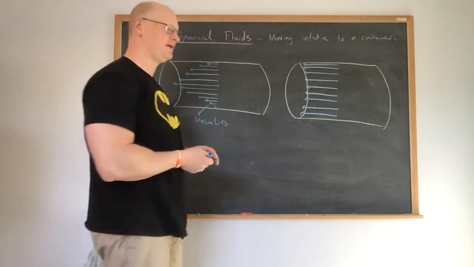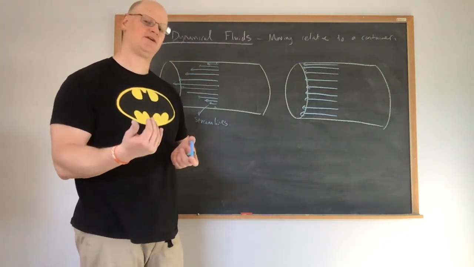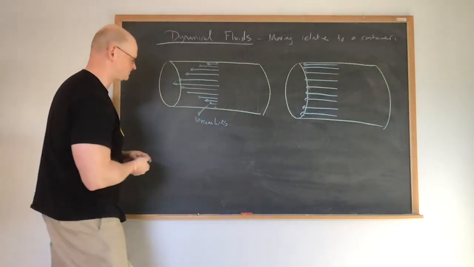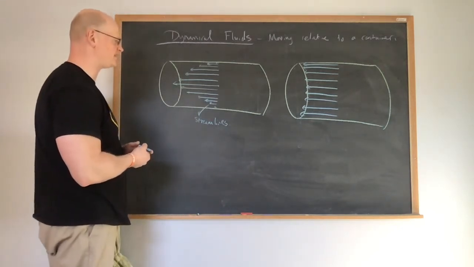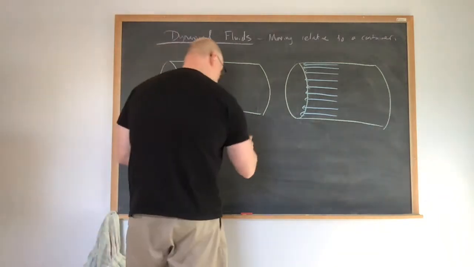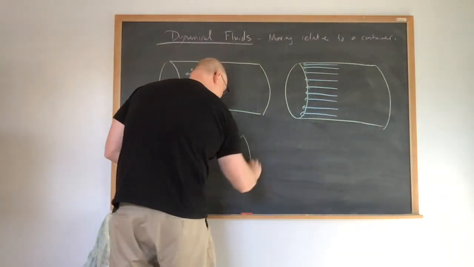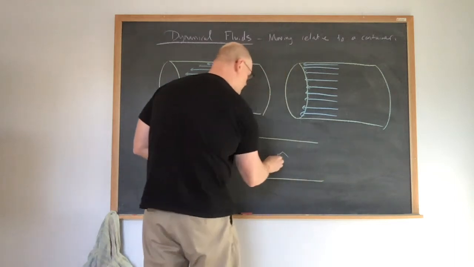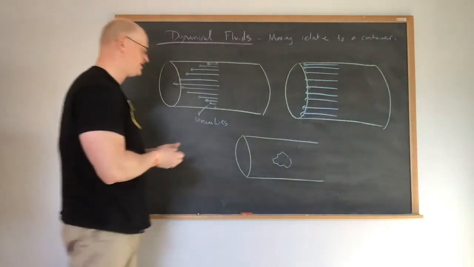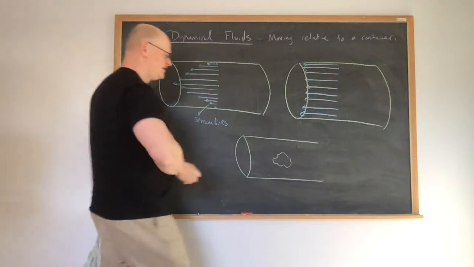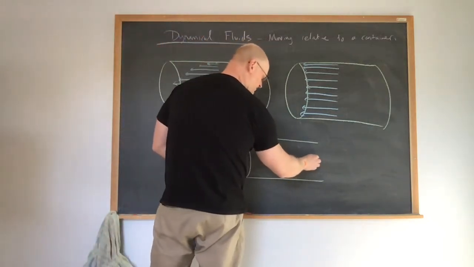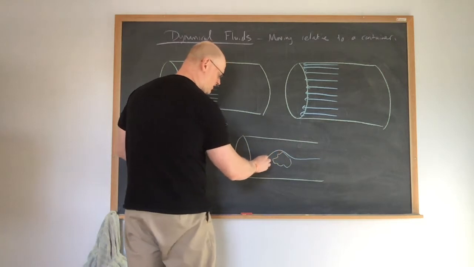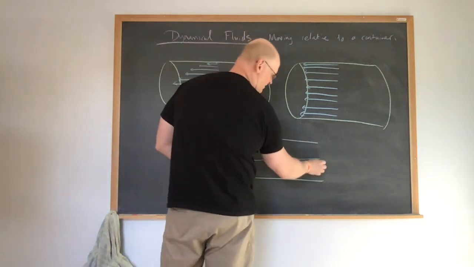Now, fluid flow can be different things. It can be what's called laminar and unlaminar, and steady versus unsteady. So steady typically has the same thing to do with laminar, but pretty much what that means is, here's my tube, and I have fluid flowing through it, but I have some sort of obstruction. So what happens at the obstruction? For laminar and steady flow, the fluid is going to go around the obstruction,